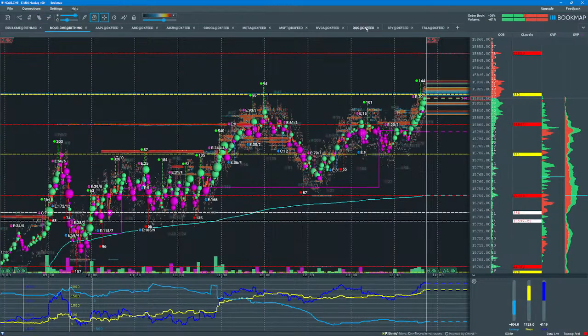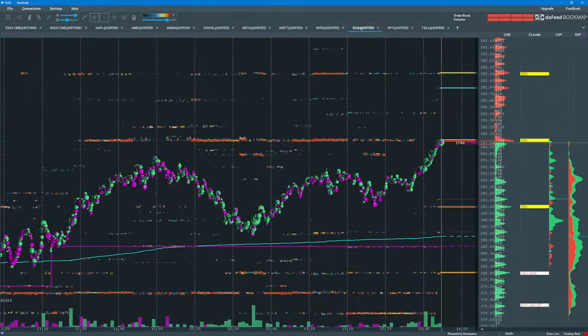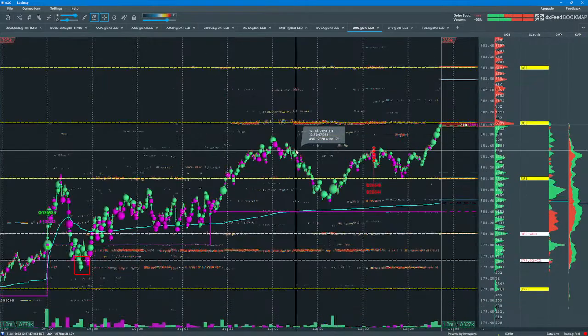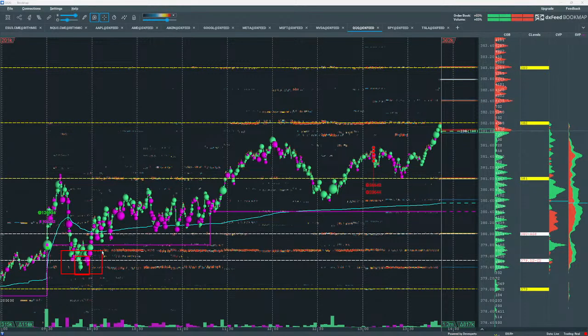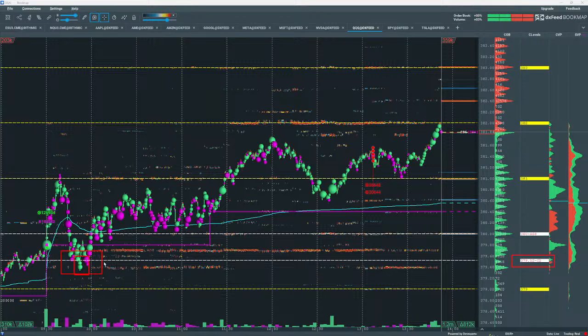So let's take a look at a QQQ chart. So here's that level I've got marked here, and this was from Spotgamma, the index levels, and that was pretty much the low of the day, the support at that level. And when we talk about setups, I'll show a nice divergent setup with a reversal long at that level.